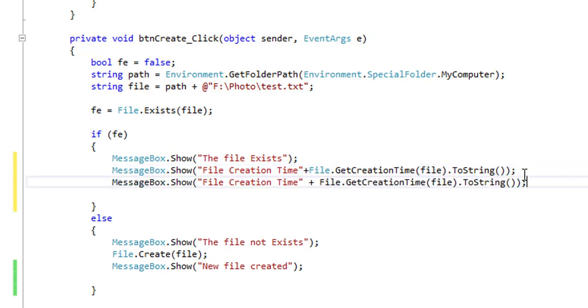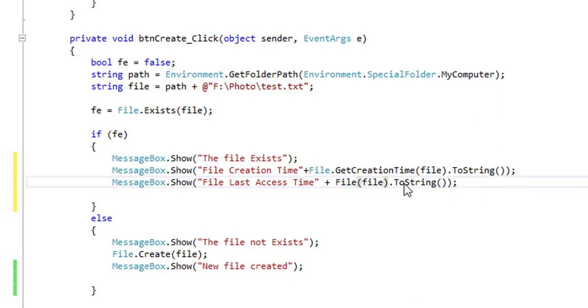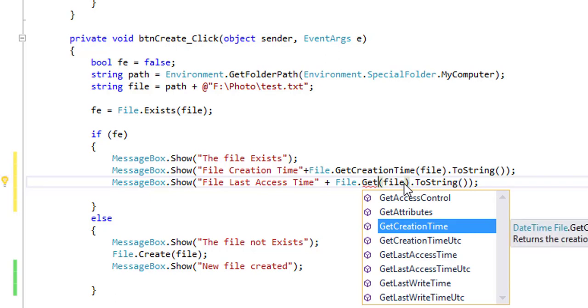To show the file last access time, I will use dot get last access time.